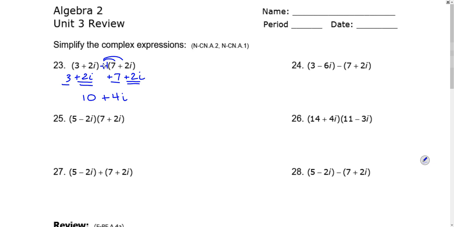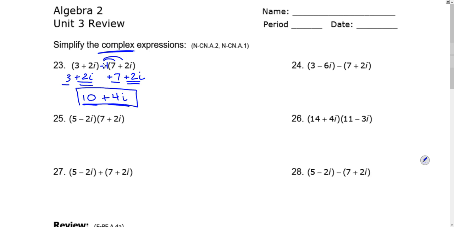2i plus 2i is positive 4i. Now when we add i's, it doesn't become i squared. The only time you have an i squared is through multiplication. So when we write a complex expression, it's made up of the real part and then the imaginary part second. So this would be our solution. I'm going to go ahead and do the